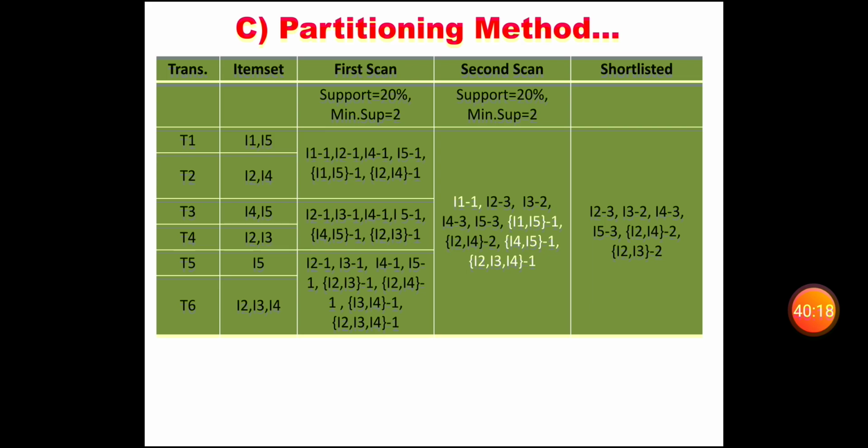During the second scan we merged all. And from there the count will be verified with the minimum support. If it is less than the minimum support, then those item sets will be removed and the remaining item sets will be taken. That is the shortlisted item set.